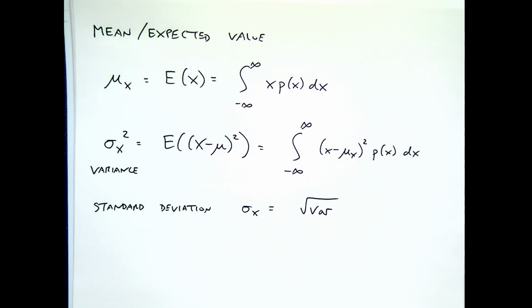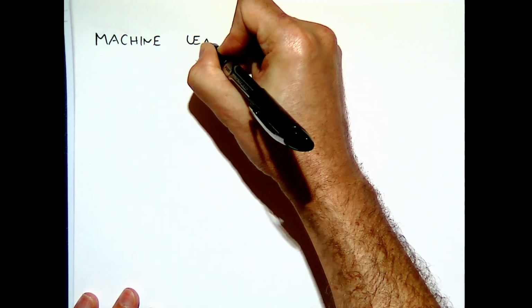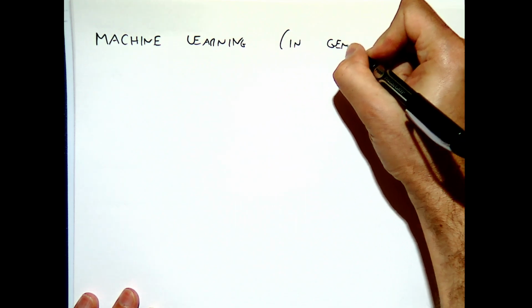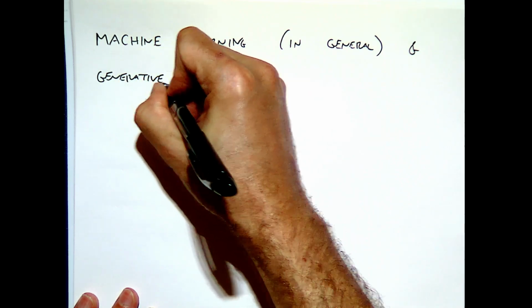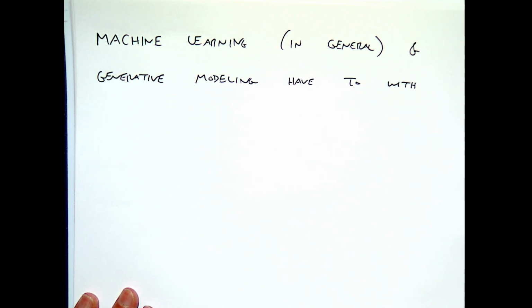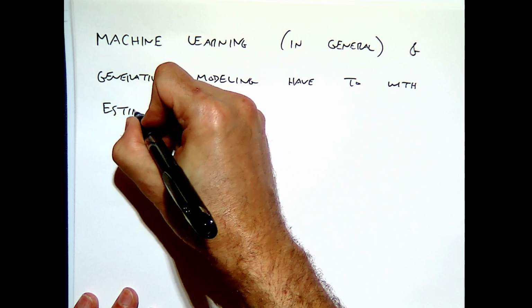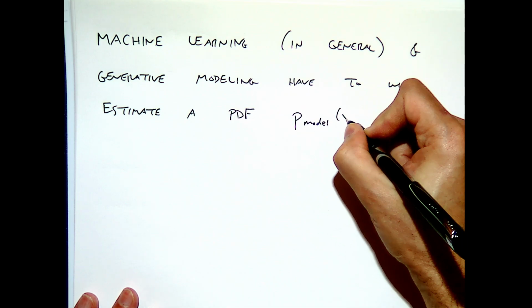Like we talked about before, this generative modeling stuff that we're going to spend most of our class time talking about basically has to do with estimating a good PDF based on looking at examples from data. So let's say that on a piece of paper. Generative modeling, so maybe I should start back at machine learning. Machine learning in general, and generative modeling in particular, have to do with trying to get good estimates of PDFs. So we're trying to estimate a PDF, let's call it P model of X,